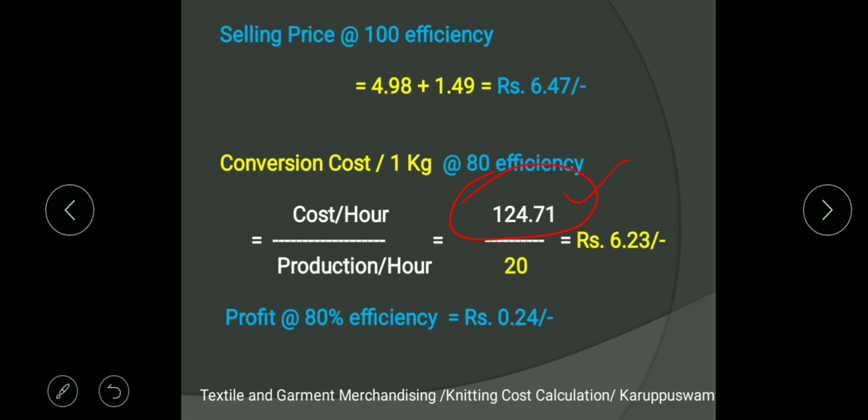So when you are running a business at 80% efficiency, your output is 20 kg for 1 hour. So cost divided by production, you will get 6.23 rupees as operating cost. So generally, if you are running your business at 80% efficiency, your profit will be 0.24 rupees, because we can't change the selling price. So before making quotation, you should ensure that